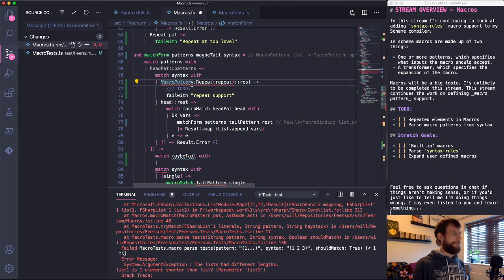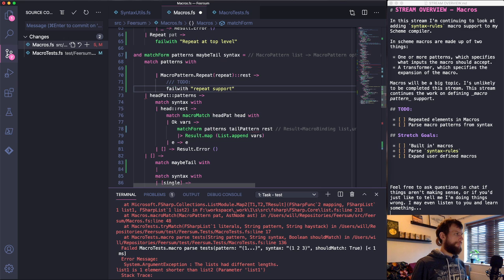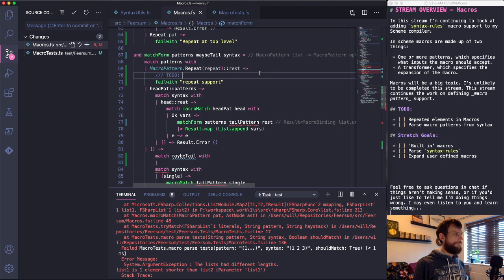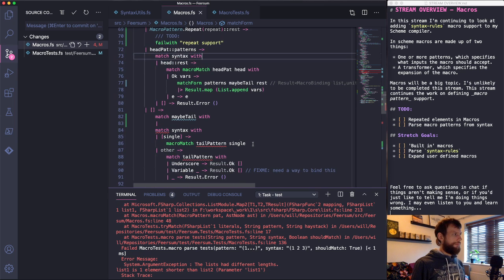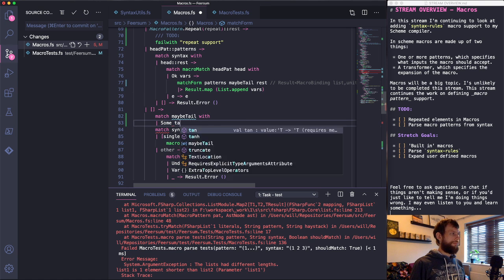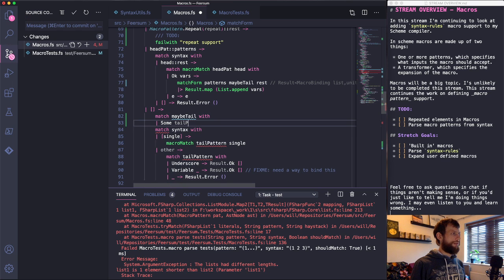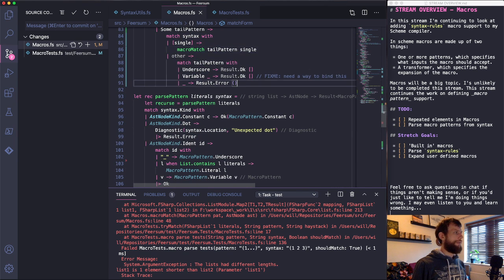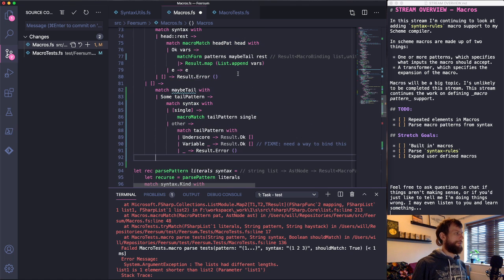Oh yeah, that's the pattern. I want to do that up here. Maybe tail. We've got a tail pattern. Then we do what we were doing before, which was to try and match the tail pattern correctly. If we got none, we return